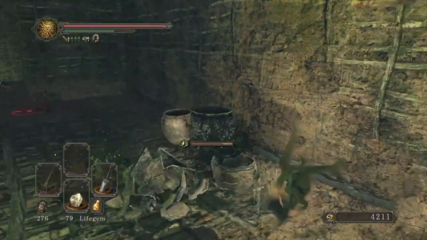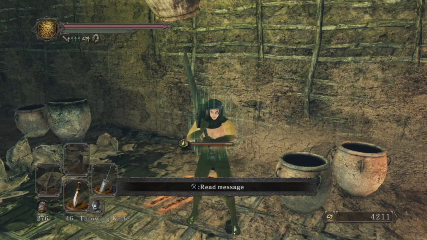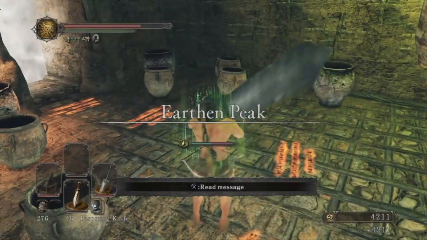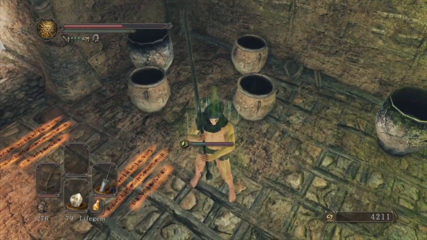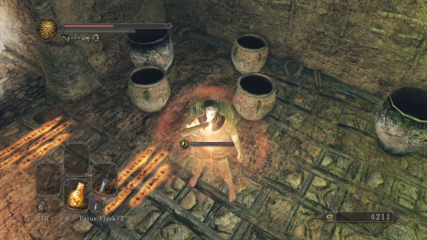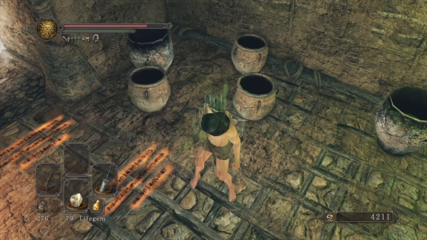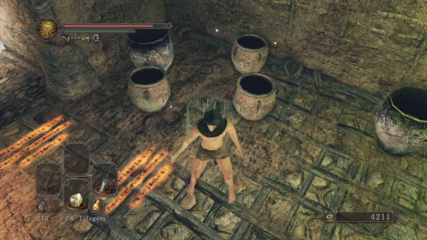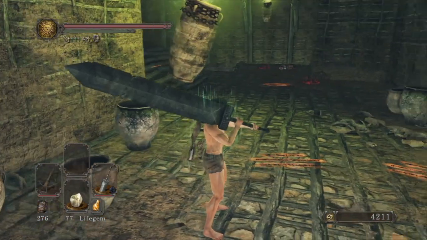the Chloranthy Ring +1. Now the Chloranthy Ring +1, what that does is that grants you additional stamina recovery. So you swing, and you're going to recover stamina that much faster than if you didn't have it. It does take up a ring slot, however. Well actually, we're just getting the Chloranthy Ring here, not the Chloranthy Ring +1. The Chloranthy Ring +1 is in the chest in the Shaded Woods, but